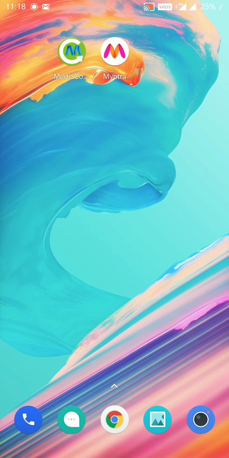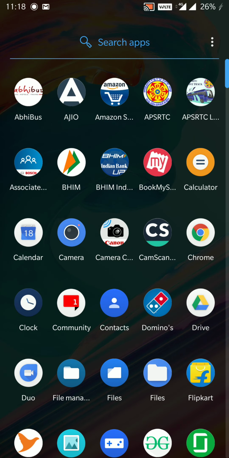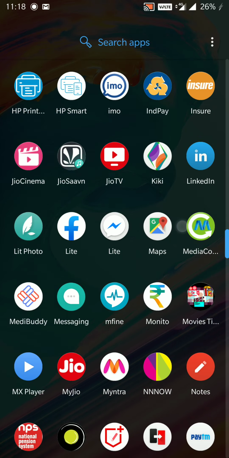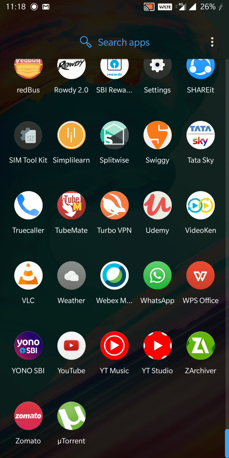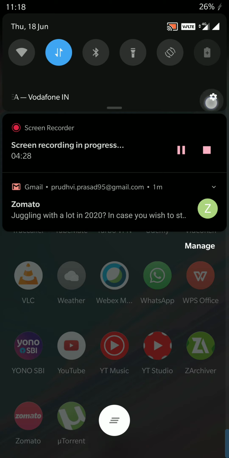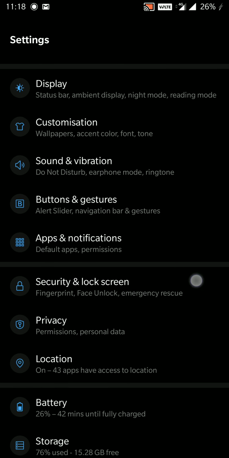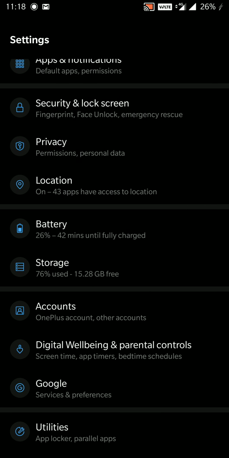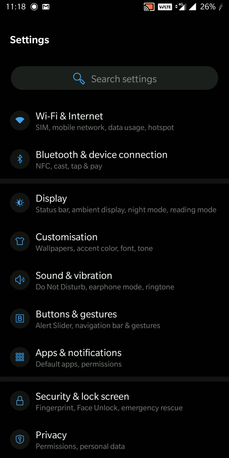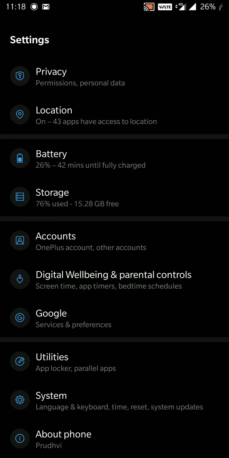One more thing I wanted to share with you guys is regarding the settings. If you go to the settings, after Android 10 you can find very few options in your settings menu. One useful setting I found was digital well-being.